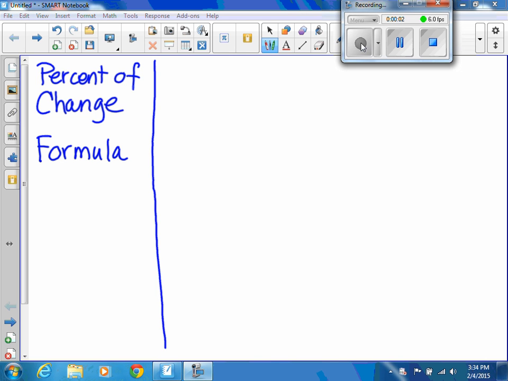Today we're going to talk about percent of change. This is another formula that you do need to make sure you memorize. Last time we talked about simple interest, and so we had to memorize that formula, I equals PRT. This time now we're talking about percent of change. So the formula for percent of change,